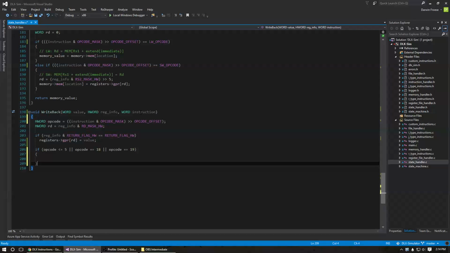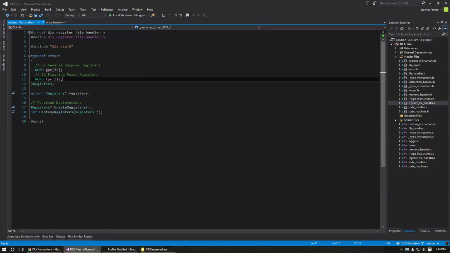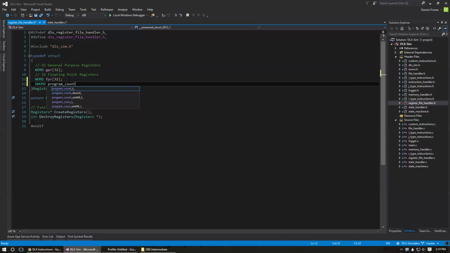I should just handle these all separately. So if it's less than or equal to 5, this is BNEZ, BEQZ, J and JAL. So we want the program counter. So let's move the program counter into the registers. So we have dword program counter. So let's go to